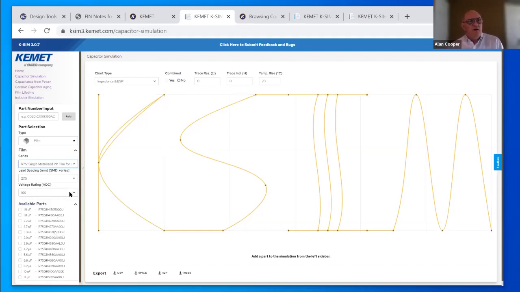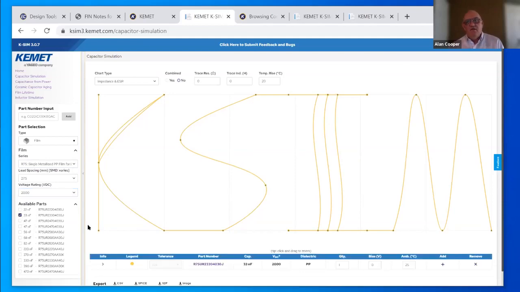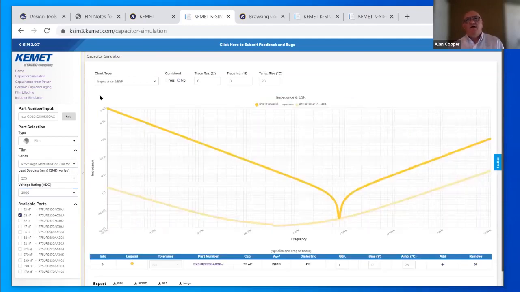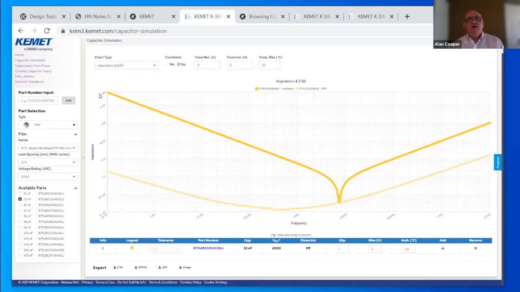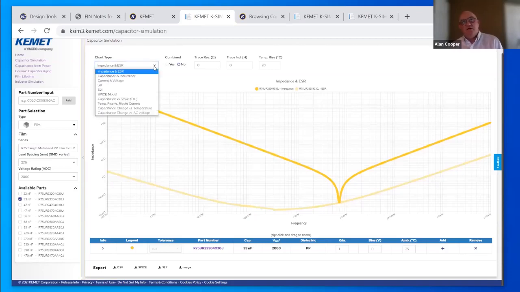All right, so we're looking at the voltage rating. Let's take the voltage rating, 2000 volts. There we go. Let's select the 33 nanofarad component. And what we have here is what looks like an output picture, which is great. Therefore, we can do some analysis. Let me wander around the screen for you and show you exactly what's available. First and foremost, there's a chart type. There are basic chart types that are